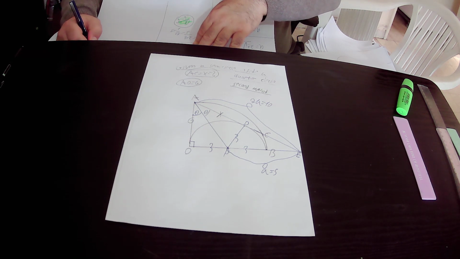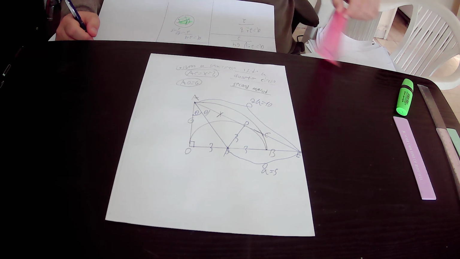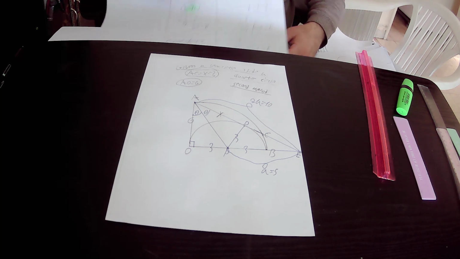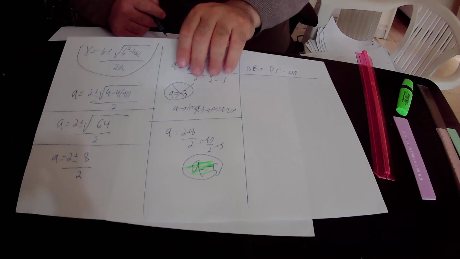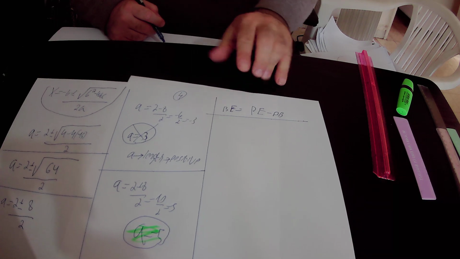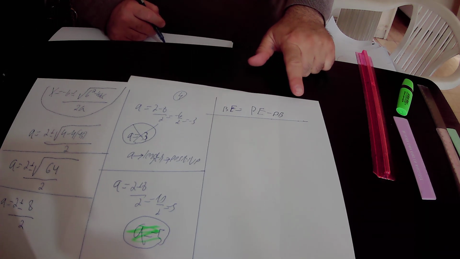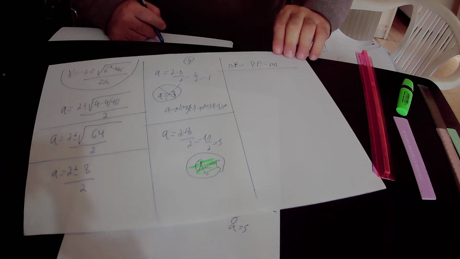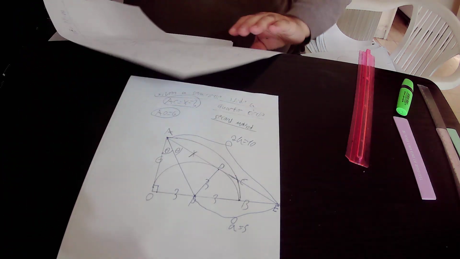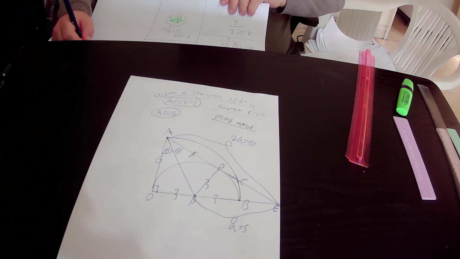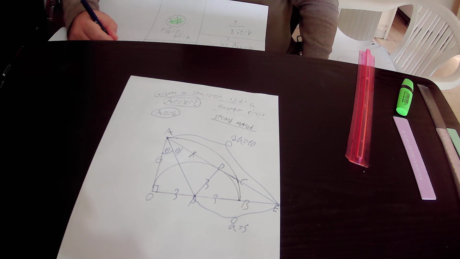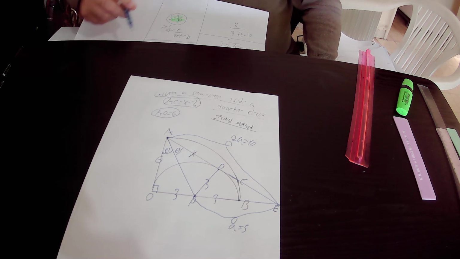I'll repeat again. From the drawing, it is very easy to see that BE equals PE minus PB. Okay. So BE equals